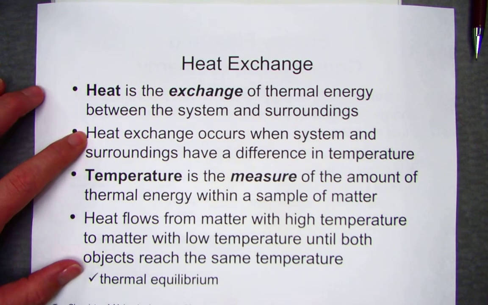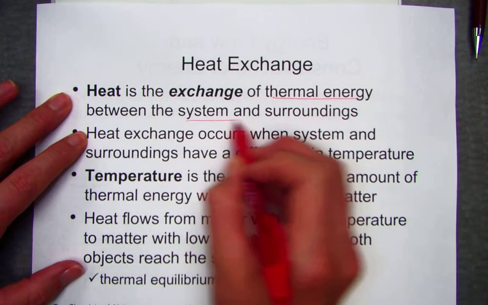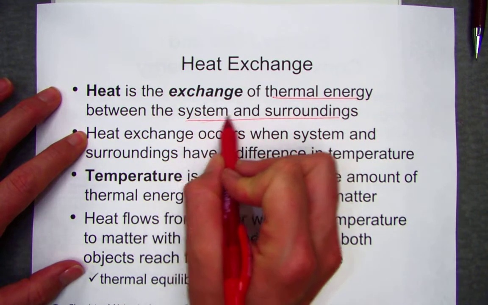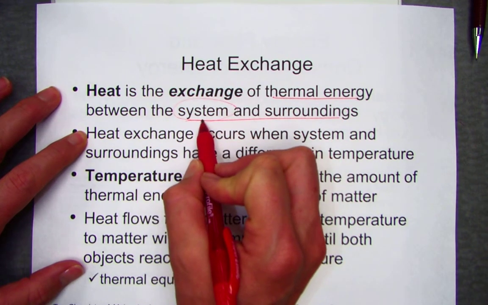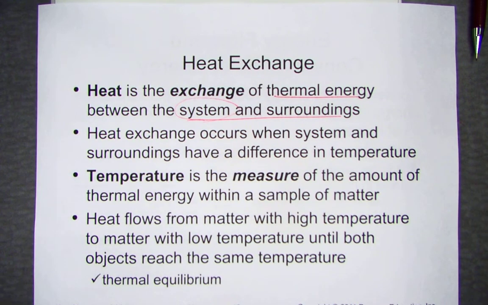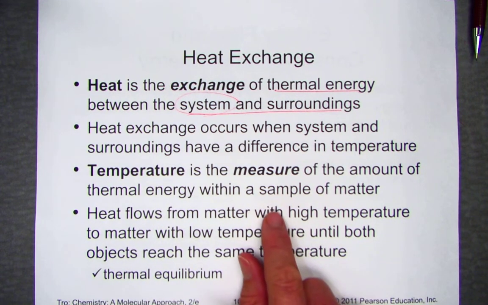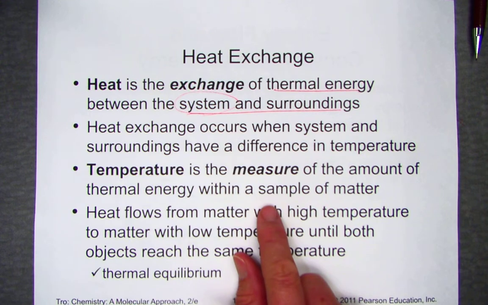I apologize. So the term heat is the exchange of thermal energy from the system to the surroundings. The system is the chemistry, the bonds that are involved in a chemical change, and the surroundings are us. And remember, that's where our thermometer is in our little calorimetry experiments. The thermometer is in the surroundings. Temperature is the measure of heat flow, and that's usually in a degree Celsius, although in the gas laws temperature we also